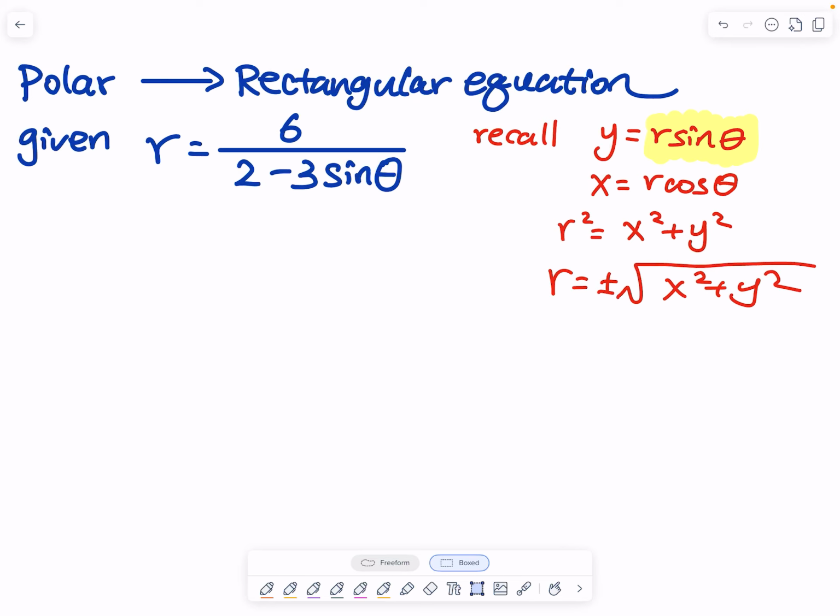The given equation is a polar equation because I see r and theta. I would like you to convert this to a rectangular equation. The ingredients that we'll need, from polar to rectangular, the red ingredients on the right: y is equal to